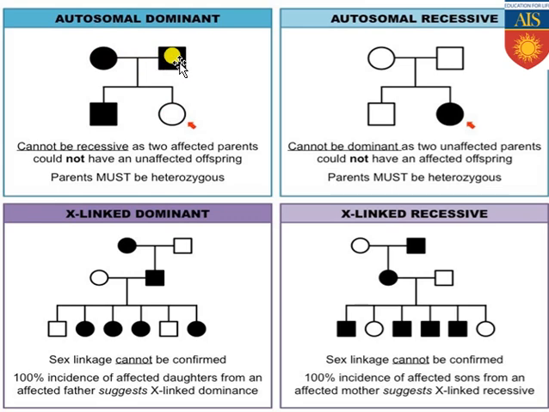Only if both of the parents are affected and heterozygous, in that case only can the offspring be unaffected. Suppose both of the parents are capital A, small a. Suppose capital A is responsible for the disease or the trait and small a is the recessive allele. So from them, one progeny will be born that is small a, small a. That individual carrying both recessive alleles does not show any trait or disease. So if the parents are heterozygous, in that case there is a chance of getting an unaffected offspring, and that is also only one.